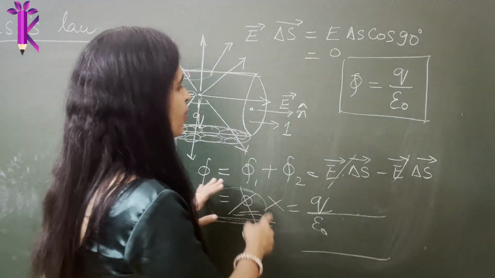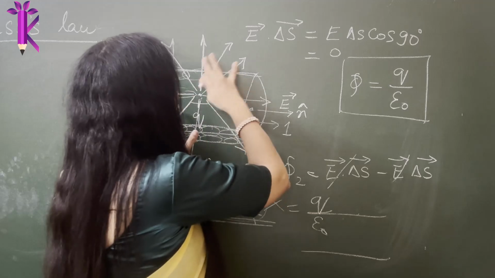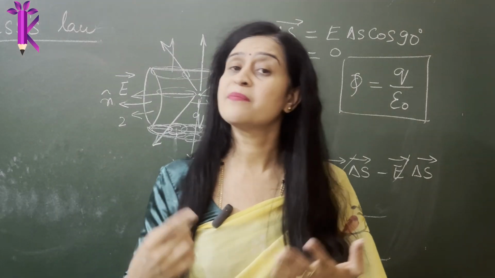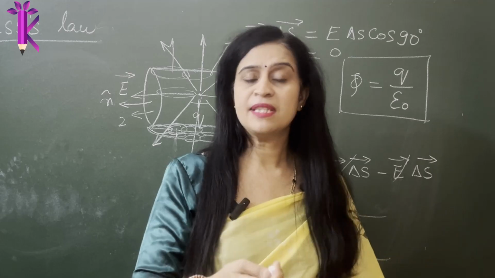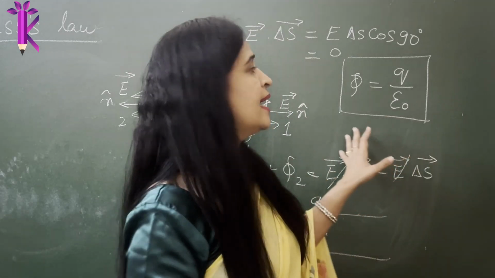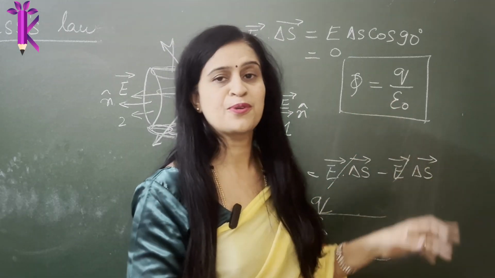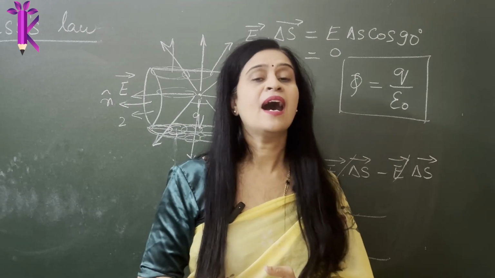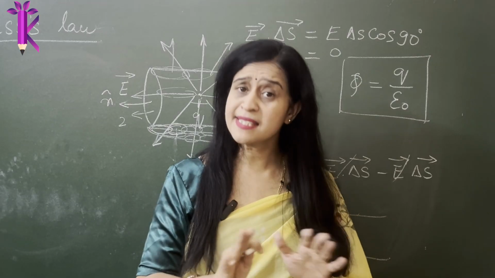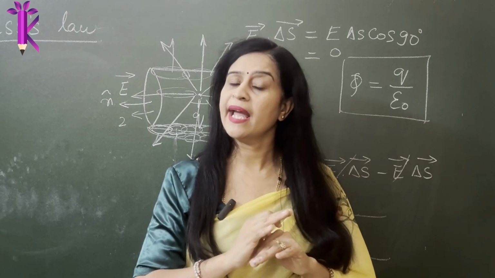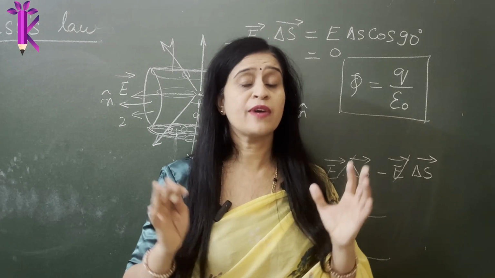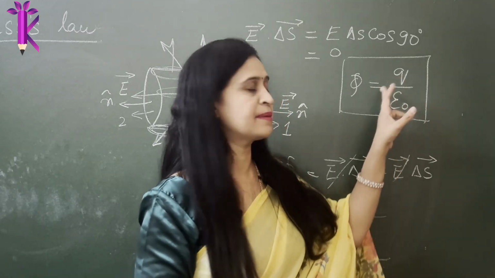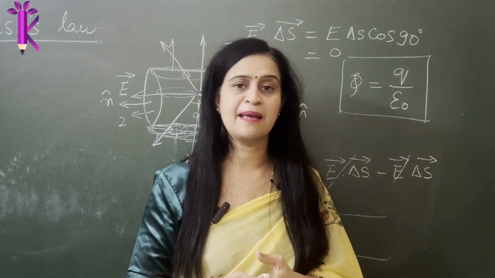But even for the cylinder, when you add up all the elements on the flat surface, some of the area vectors make certain angles with the electric field, and at the end, if you add all of them, it turns out to be Q by epsilon naught. So Gauss's law is the same and consistent for any shape that you choose, in which the charge is enclosed. It is always given by 1 by epsilon naught times Q.